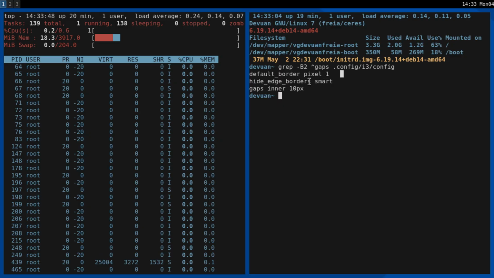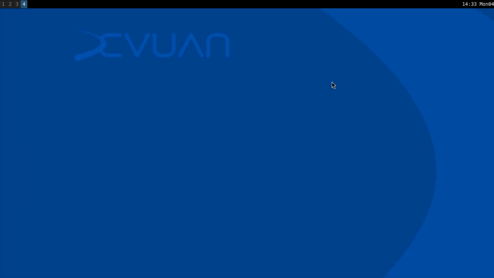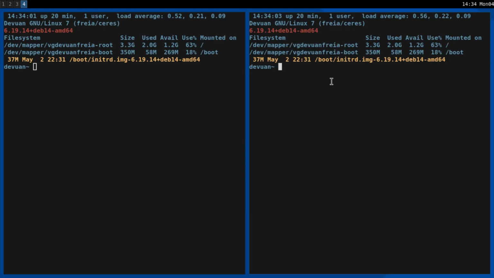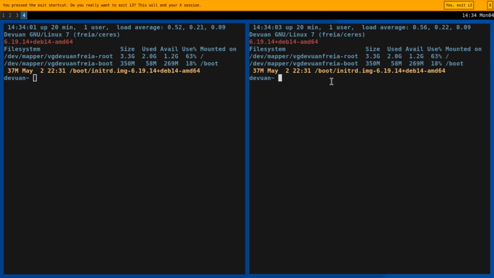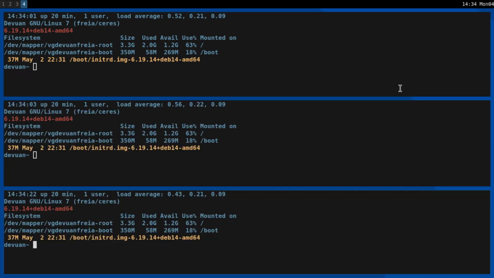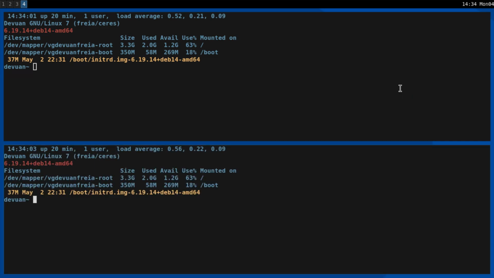And hide edge borders smart is just to avoid the big... Let's open a terminal here, and when I go, this is a normal tiled look of the window manager, and I can change it to vertical stacked, so we would have it this way. And you also have the